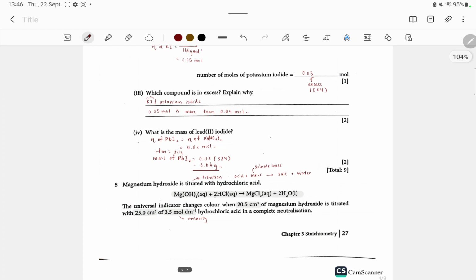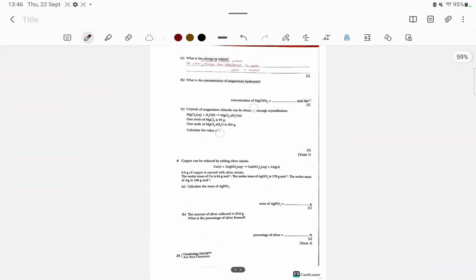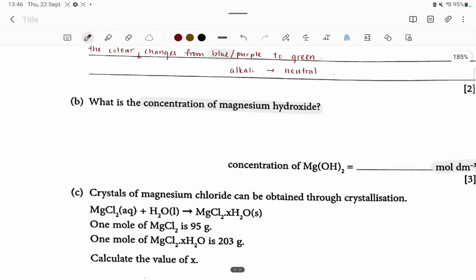So this one we need to do mole ratio when they give you the equation. Okay, but we don't know the exact number of moles, so this one we have to use the molarity and the volume of the hydrochloric acid. So listen,